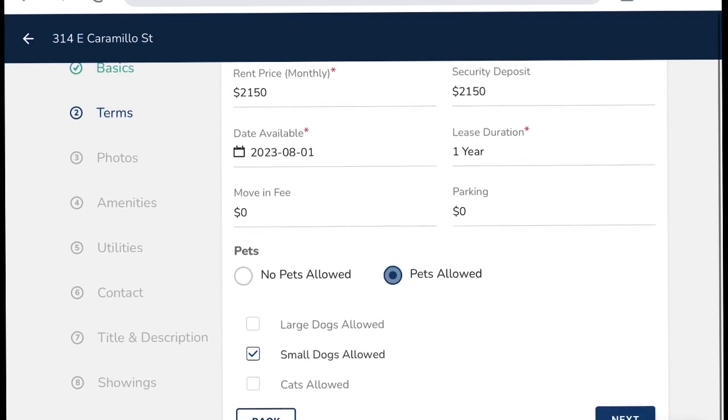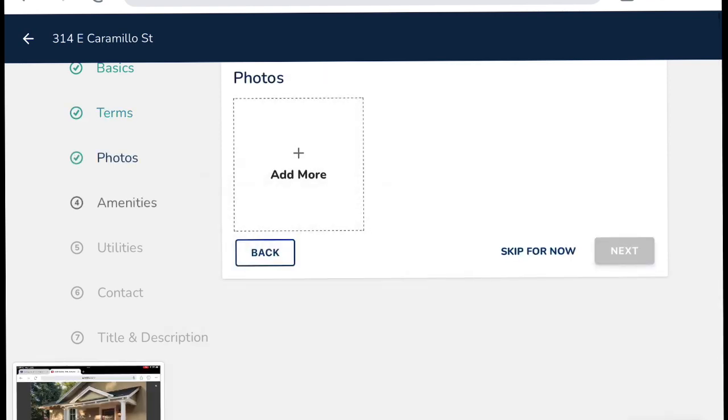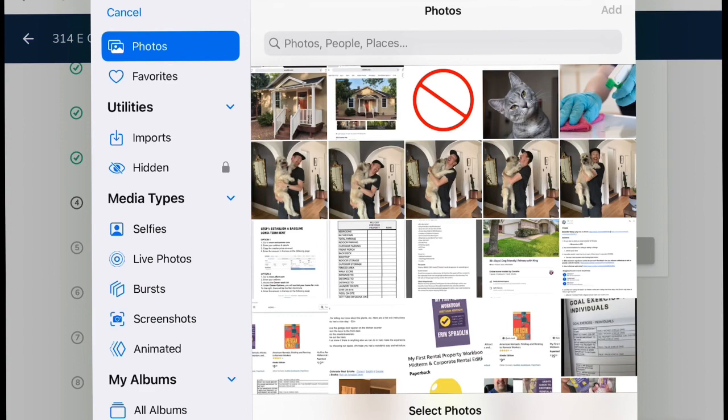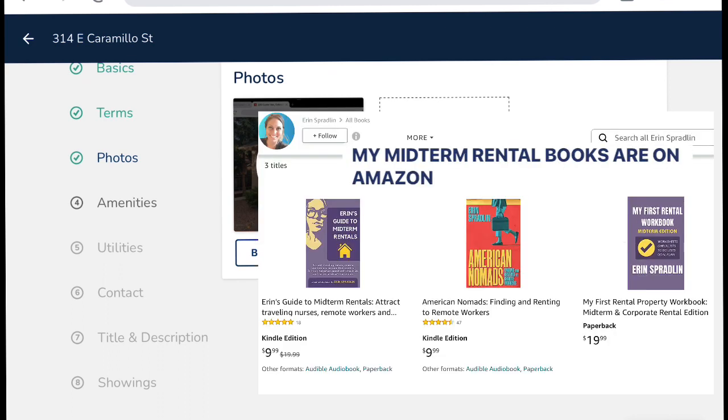Okay, so the next section is going to be photos. I'm just going to add one because, again, this is a dummy listing. They want you to add 3. I think a best practice is a minimum of 5. I am just going to add 1 right now, and then we're going to go to the next section, which